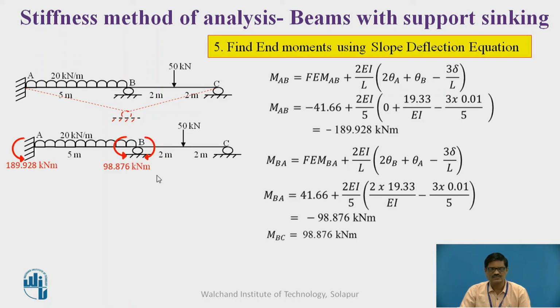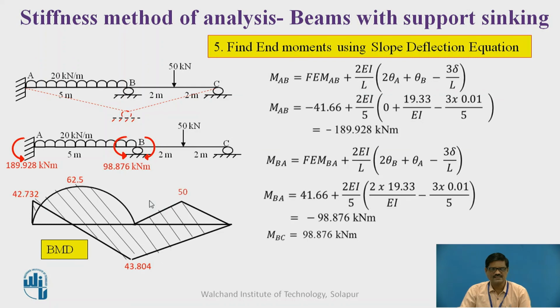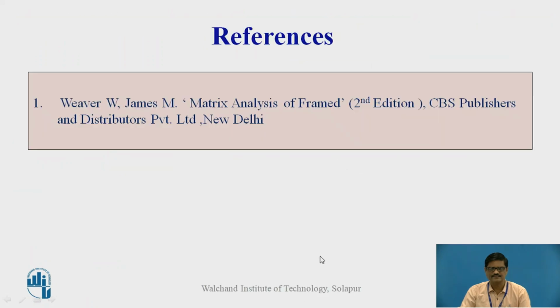So this is how the free body diagram will look like. All the moments obtained are plotted here, and based on this we need to calculate the bending moment diagram by superimposition technique. So a very little portion is subjected to negative bending moment, remaining all we have a positive bending moment.